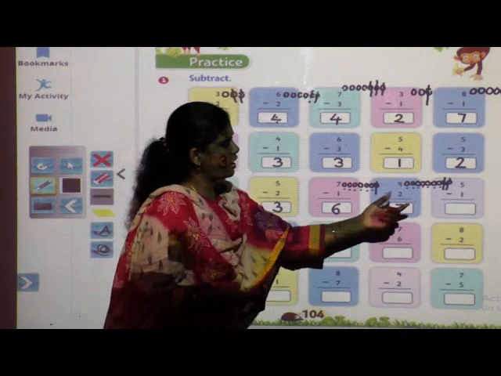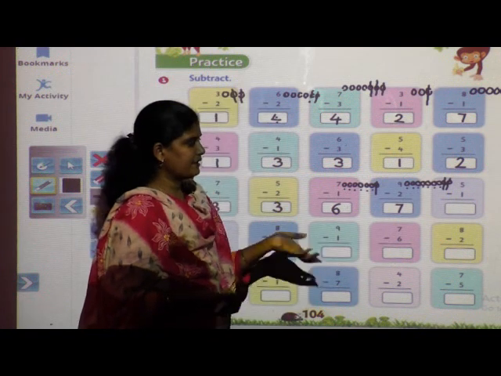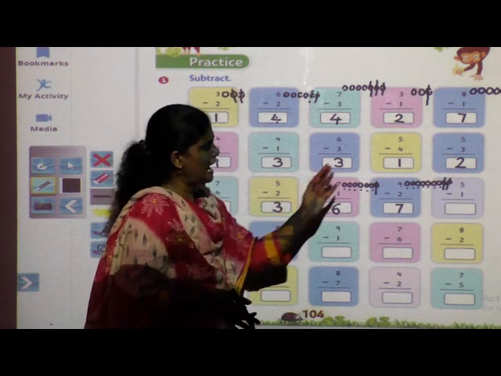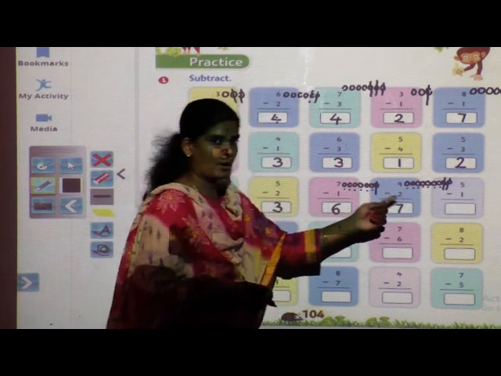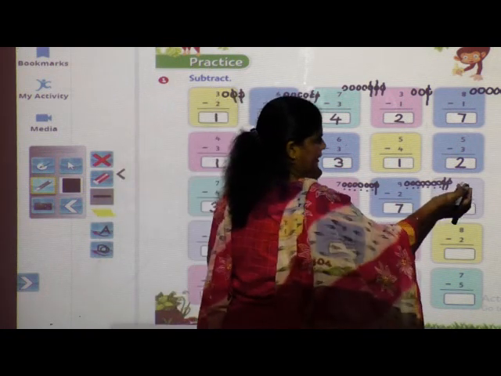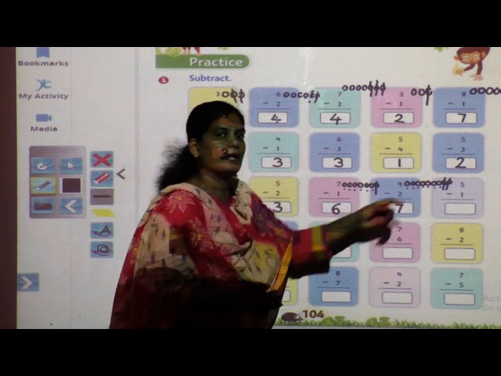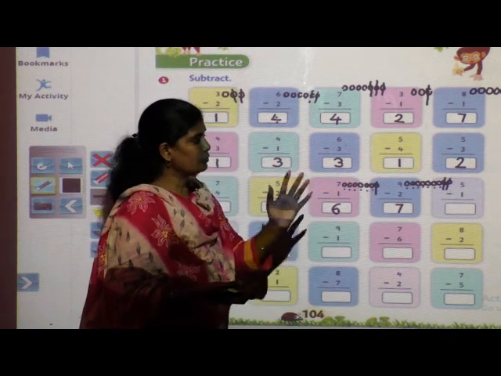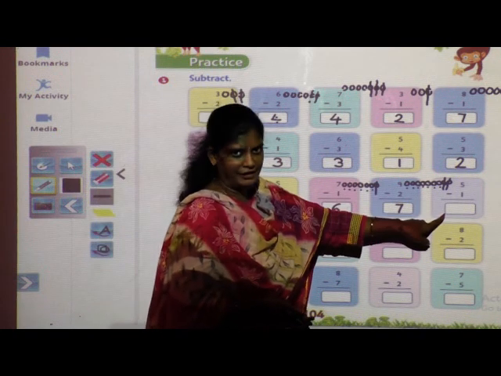These boxes are small, so the circles are going that side. But whenever we are writing in the books, we have to keep the distance in writing. So we can draw this properly. Now here 5. See, when there is a big number, you can do like this, and when there is a number that you can count on your fingers, that time you can count on your fingers also.